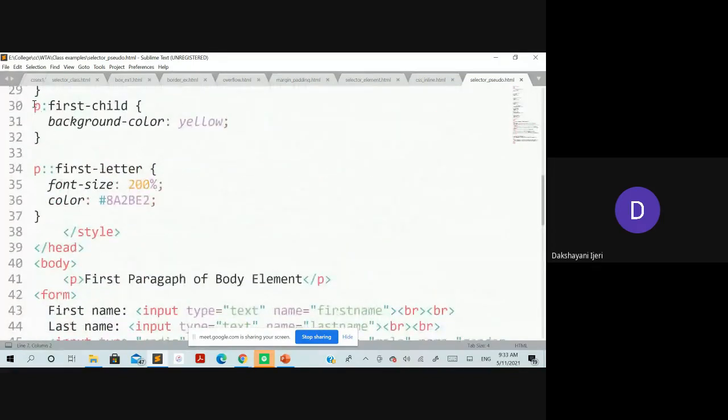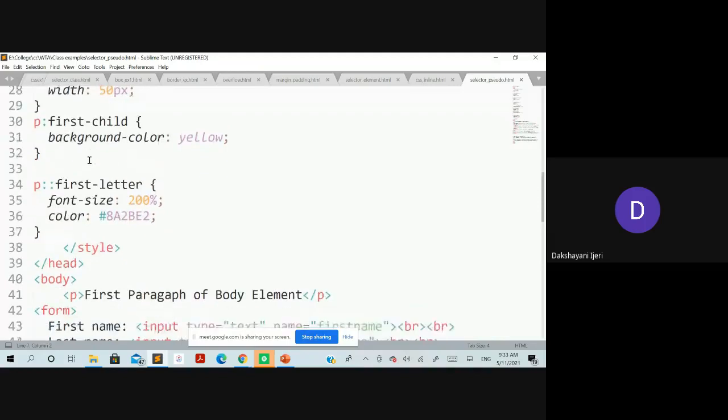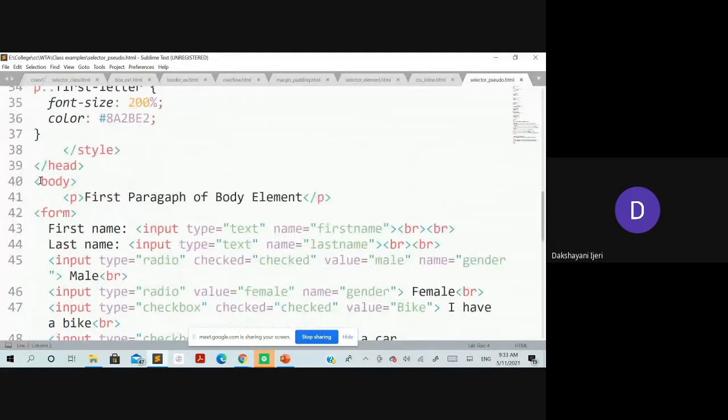But here this paragraph is going to be the first child to any parent element. That means I'll show you for which elements this property, background color yellow, is going to be applied. You can see here the body element is a parent element under which the first child is paragraph, so it is going to be applied.